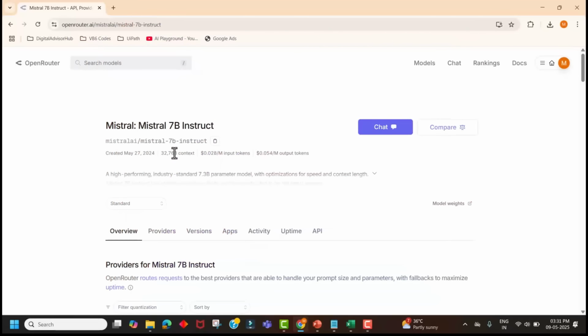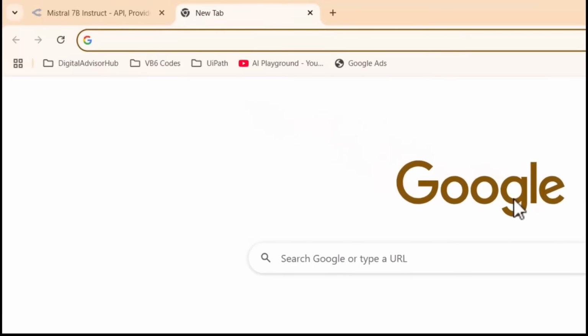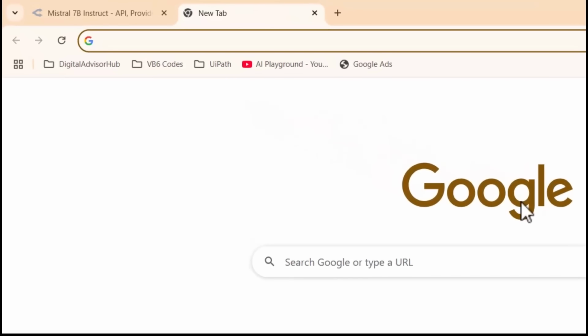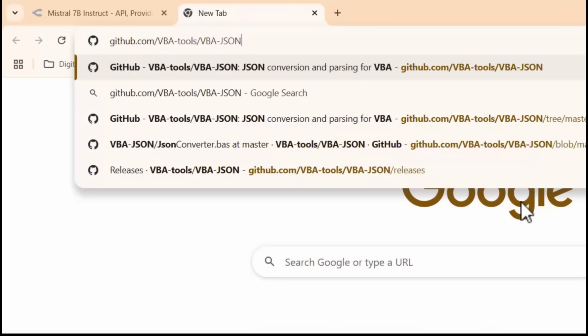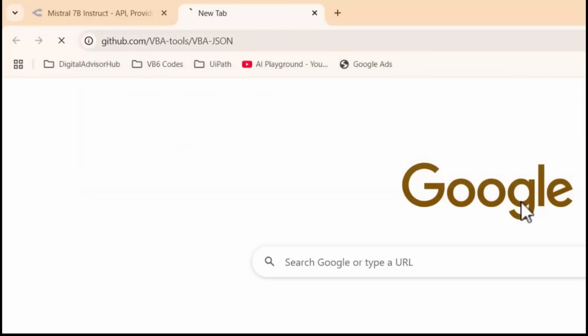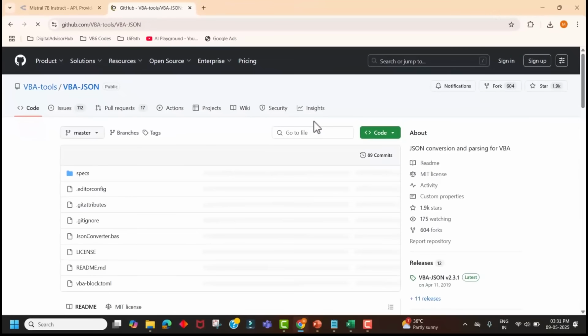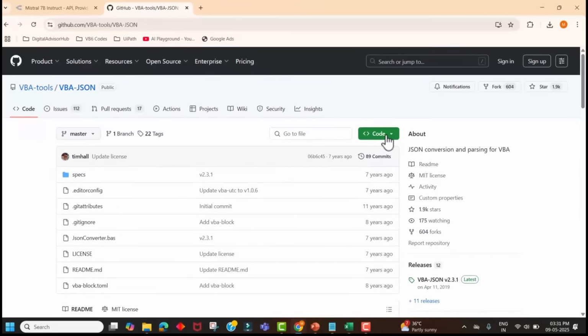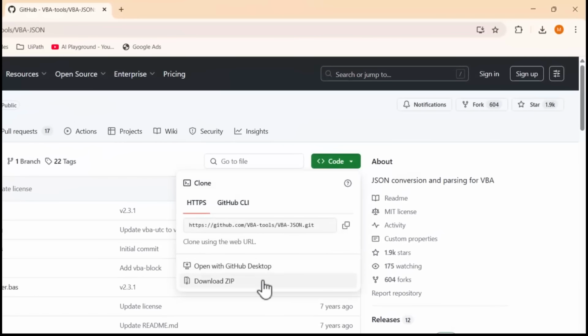We need to import a small helper, a JSON parser, into our Excel file. So we will use a popular open source module called JSON Converter. Simply go to the Chrome browser and navigate to this URL. I will share this URL in the description below. Just hit enter here. Once the page gets loaded, we can click on this Code button here and just simply